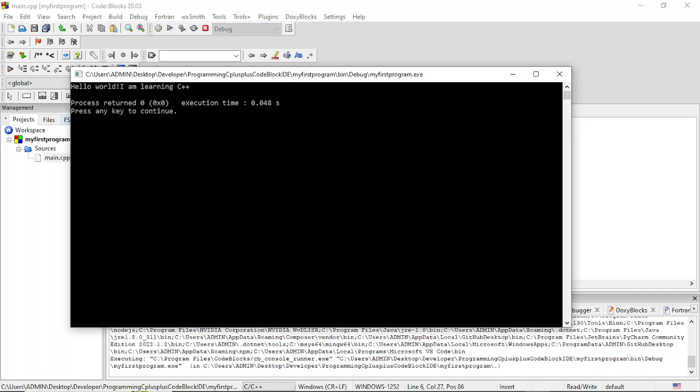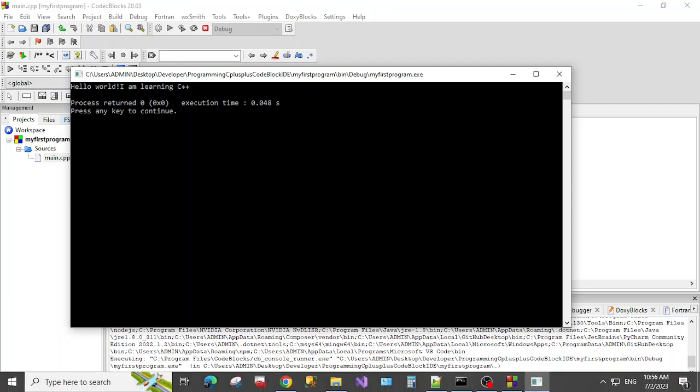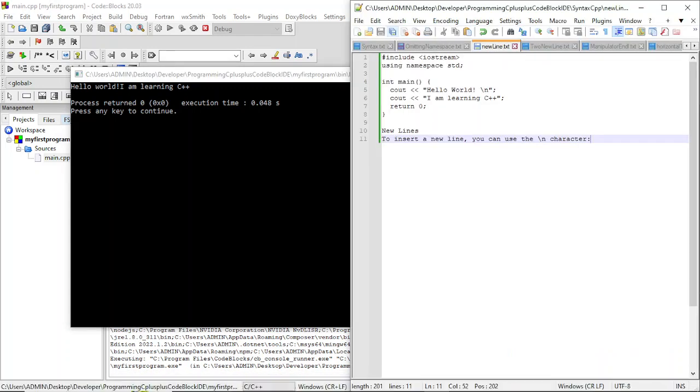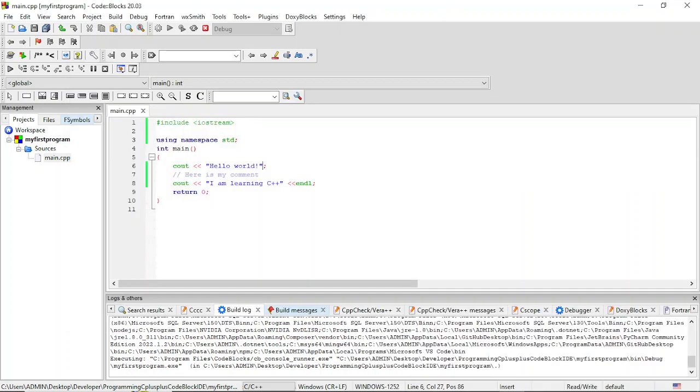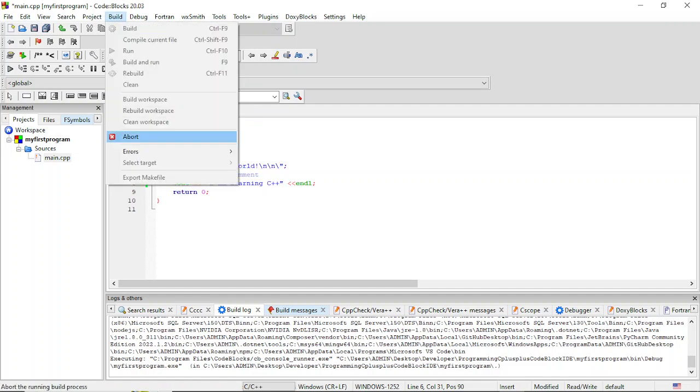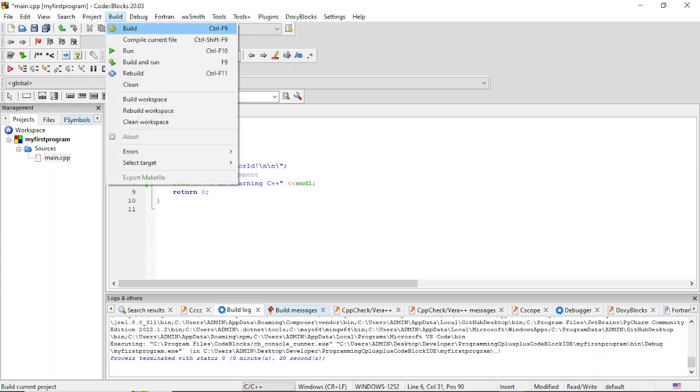Now there's no space. Now we will go back to the two new lines. We already tested the two new lines. Okay, we'll retest again. N, then save, abort, build,